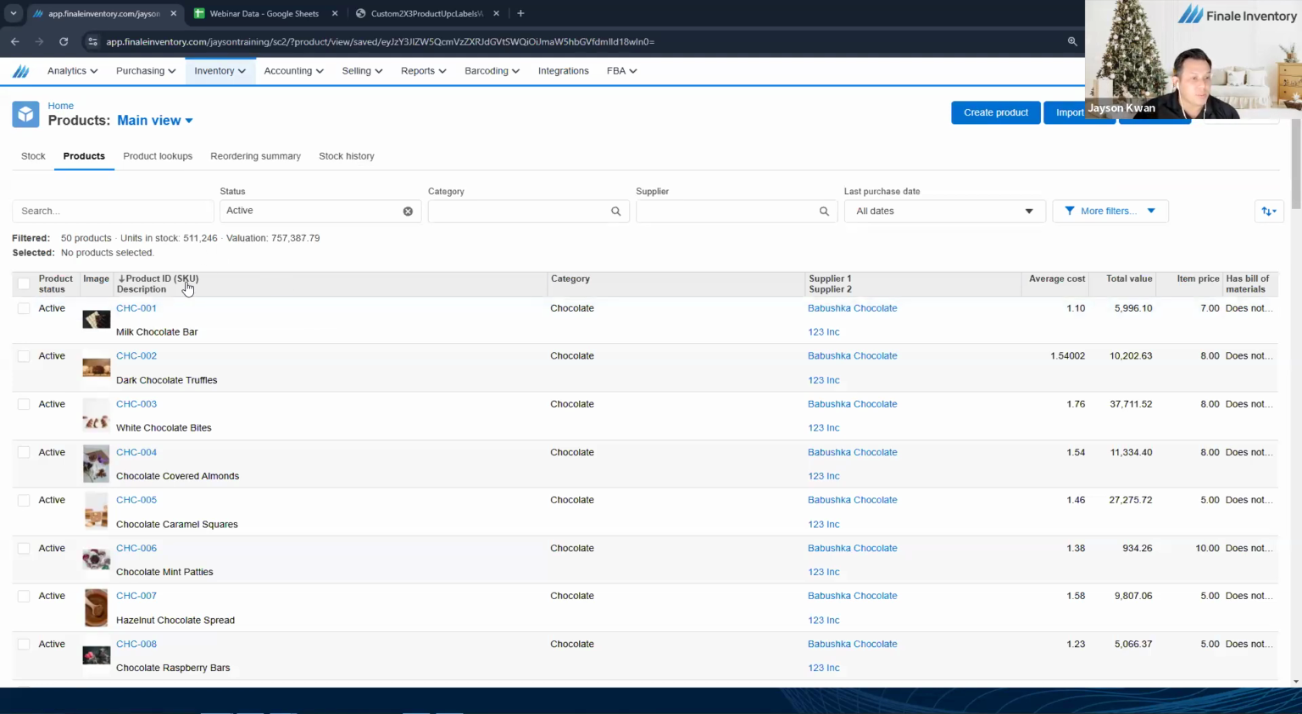Now you can see that you have this product ID and description sitting on top of each other, and our supplier 1 and 2 sitting on top of each other. And what that is, those are our stack columns. And so our stack columns is also one of our newer features and is to help you see more data on one individual screen. And you could change that by going up to this here and then selecting customize my